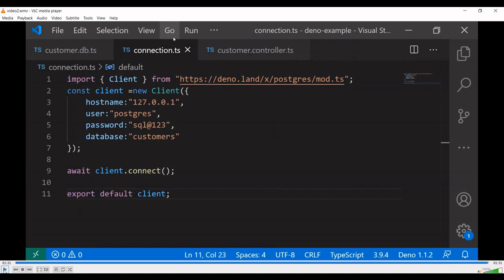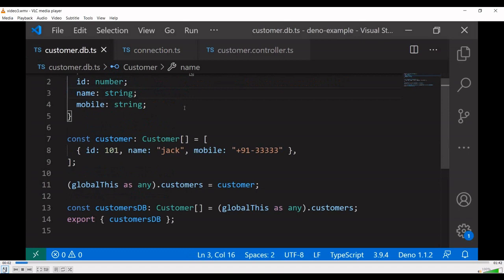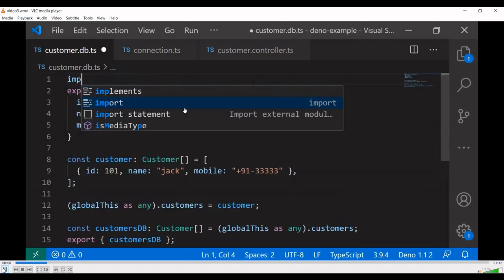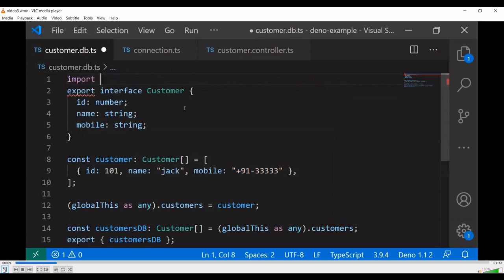The next step is to change our customer DB to connect with our Postgres. I'm opening my customer db.ts. Starts with the import from connection.ts.